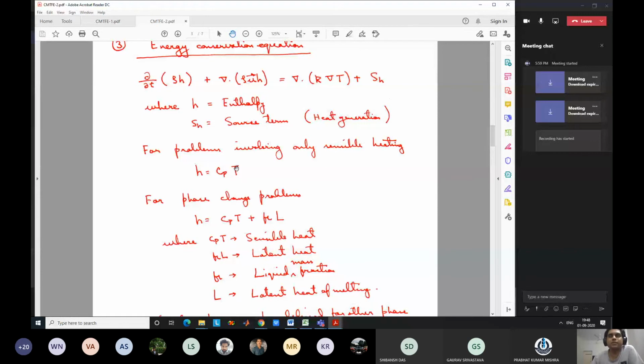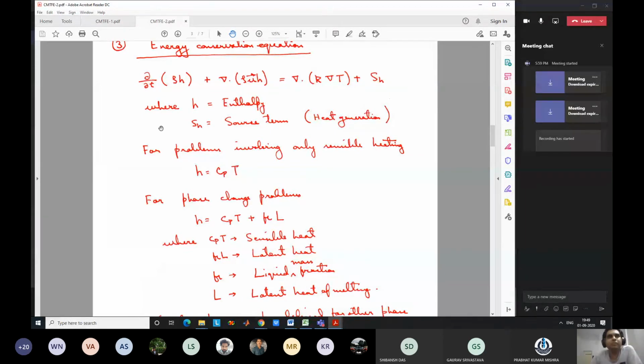So for example, ice and liquid water at 0 degree centigrade, ice has less energy as compared to liquid water, and you know what the difference is? It is the latent heat of melting. Similarly, liquid water and steam at 100 degree centigrade both can exist, but there is a difference in energy. The steam has much more energy as compared to the liquid water at 100 degree, and that difference in energy is the latent heat of vaporization.